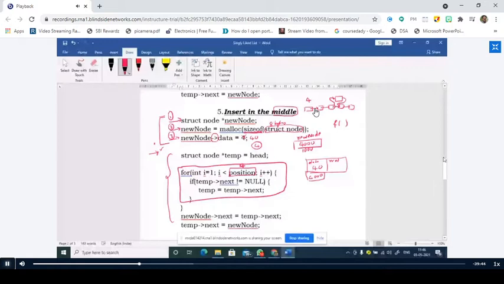So for that, as I told you, even though you have the head value, you should never change the value of head. You should always create a temporary variable or a temporary pointer, assign it the value of the head, and make the necessary modifications to temp. Never ever change the value of the head pointer. This is the point you have to remember in linked lists, right? So I have created a temporary pointer of type struct node, and then I have assigned the value of head to it, right? Let us take one example like this.